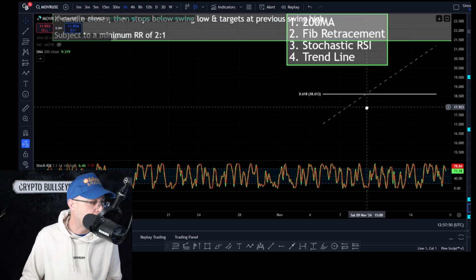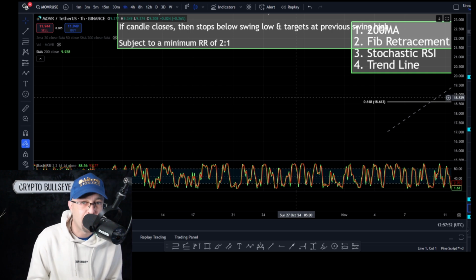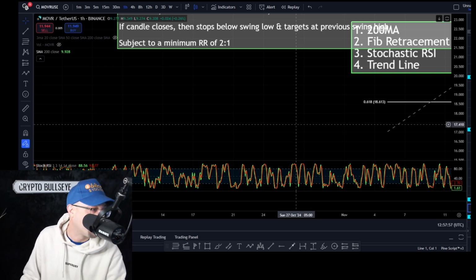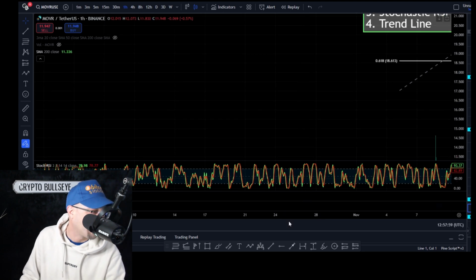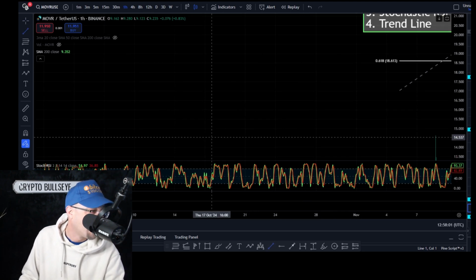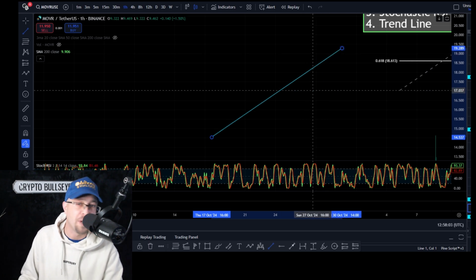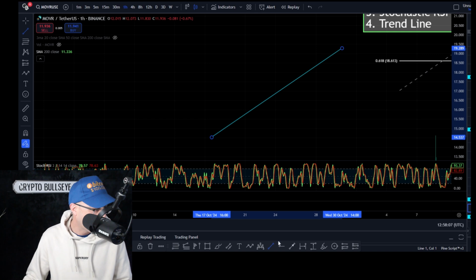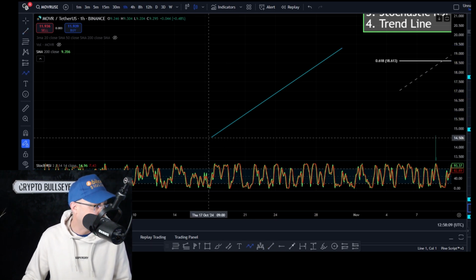The last thing is going to be the trend line. The trend line is going to be important from two fronts, and we're going to be using diagonal trend lines. I'm not going to be talking too much about horizontal in this because it'll just overcomplicate things. So we've got a diagonal trend line. We're putting in higher highs and higher lows. We know that because we're above the 200 daily moving average. So whilst we're in a trend, trend's our friend till the bend at the end.